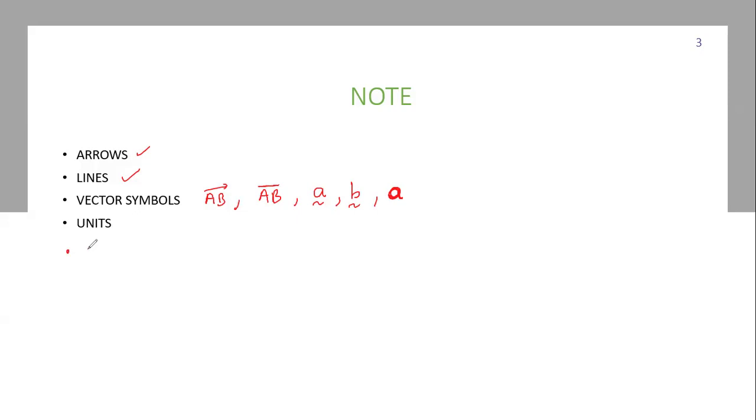Then also I want us to take note of what we call the column vectors. Now in vectors we have what we call column vectors. These ones are what you call the rows. Rows run horizontally. Then when I run vertically, those are what we call columns. So in vectors, when we tell you to write in column form, it is always in terms of X and Y. So always we start with X and then we move along the Y direction. So this is how you represent your column vectors. Hope we are on the same page.